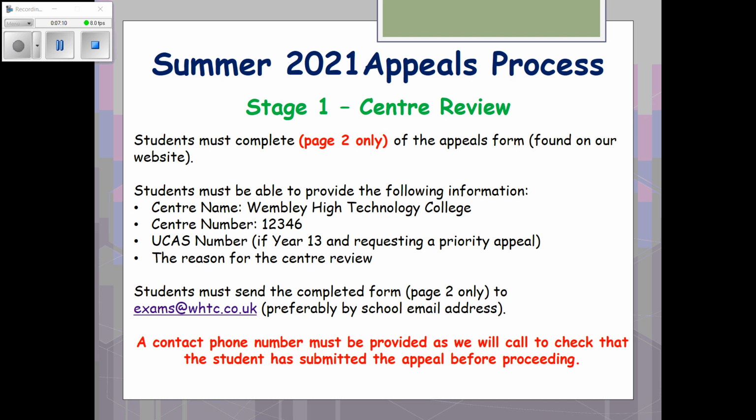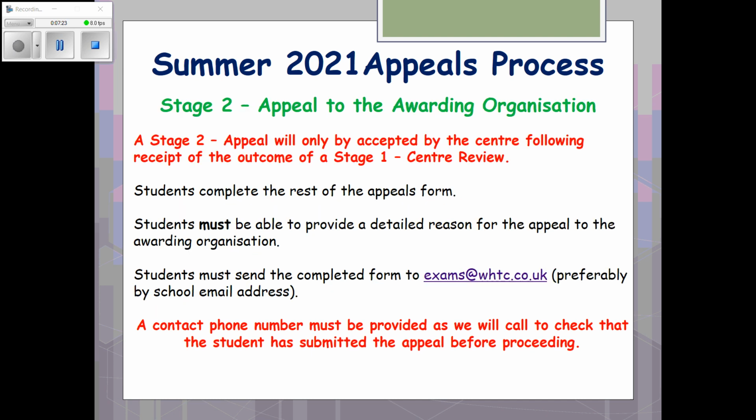Once we have done this centre review, we will provide students with the outcome, so they will know whether there have been any errors. Following that, if the student still wants to appeal, they can take that form and fill out pages 4 and 5, so complete the rest of that form, and then send that back again to